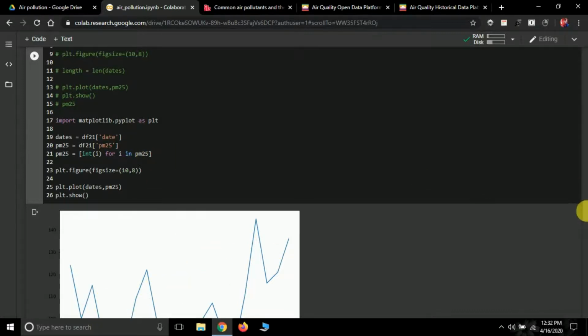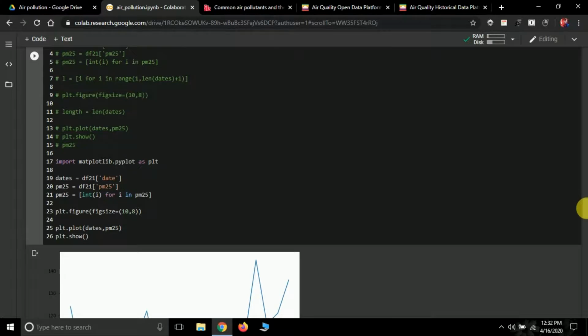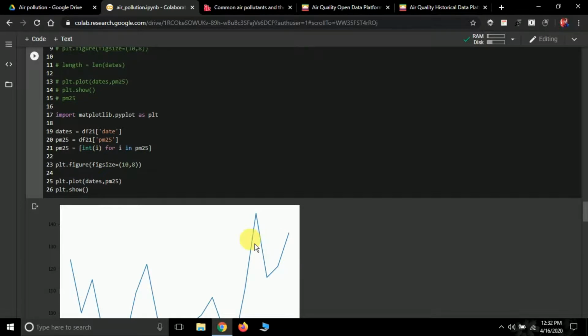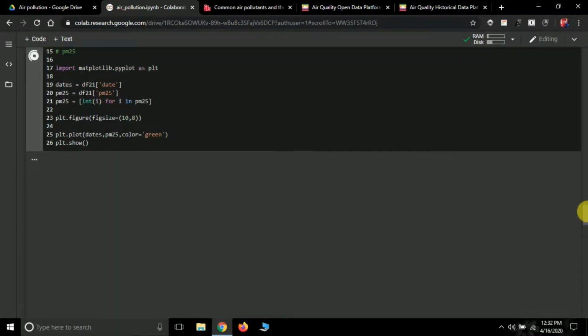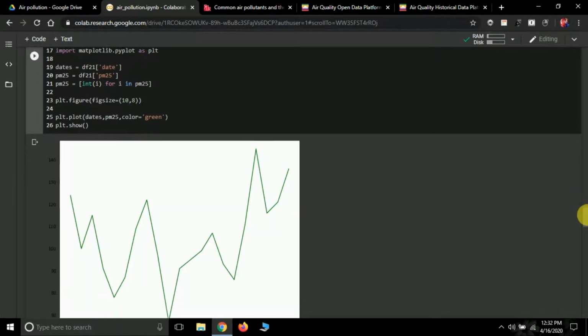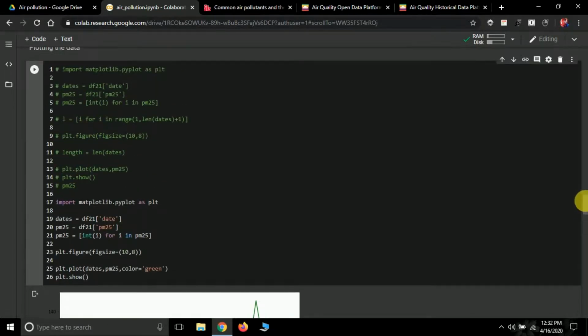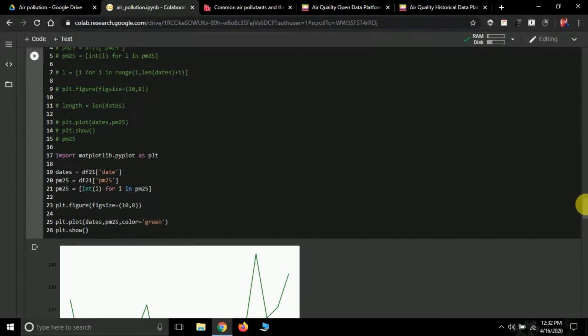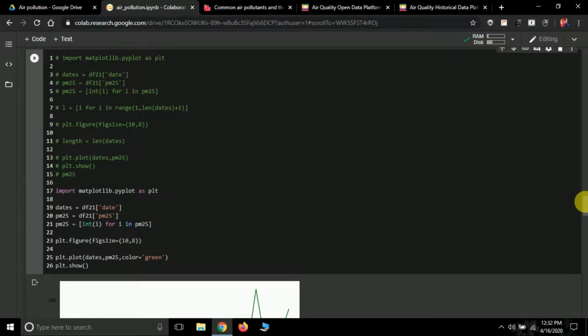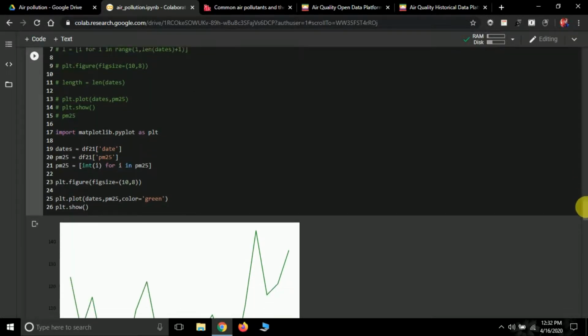So it's okay. Now what next things we can do is, if you want to change the color, you can change the color from blue to red by passing the color variable here like this. So color equals, let's say, green. Okay, so it will convert the lines into green color, and everything will be the same. So we are getting a green plot now, working fine. Let's see if I can change anything. Yep, everything is okay. All this was what I needed.